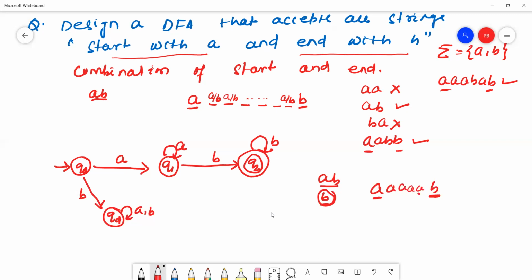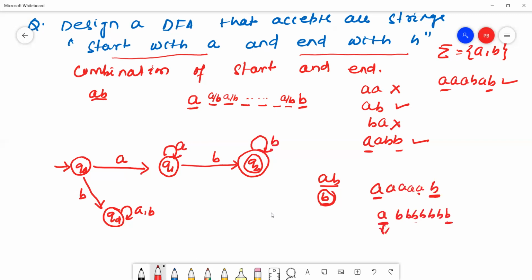Because we can take any number of B's at the end, since every string must start with A and end with B. So B is a self loop and stays on the Q2 state.